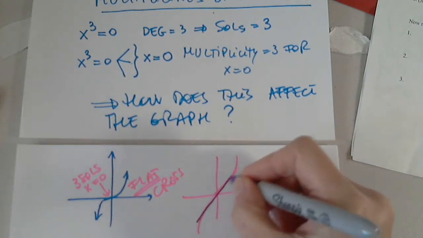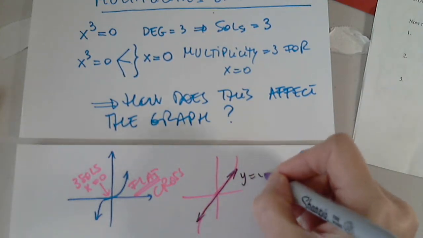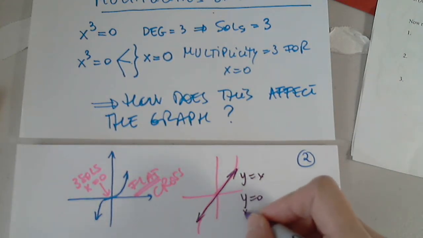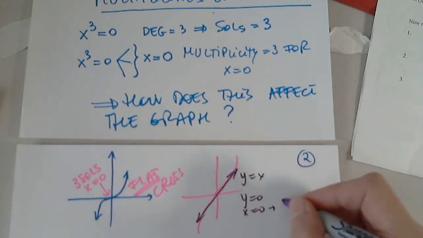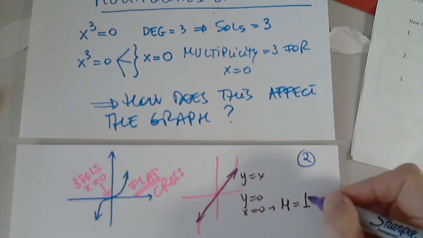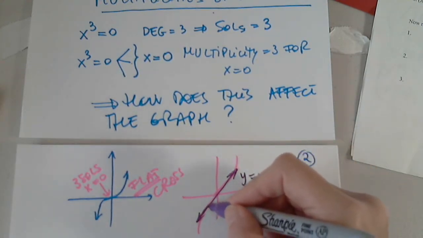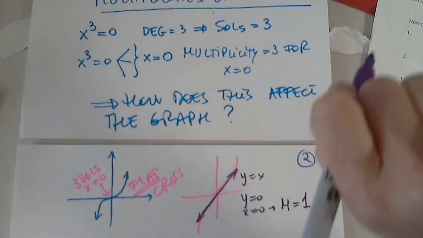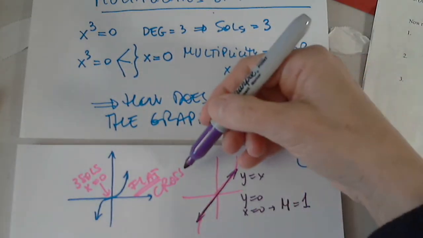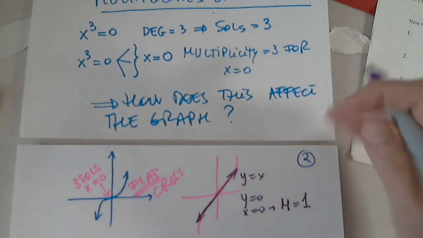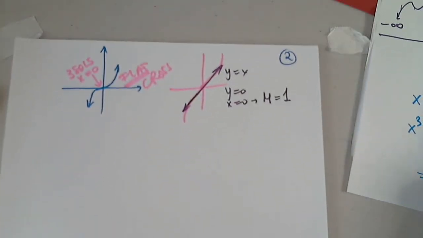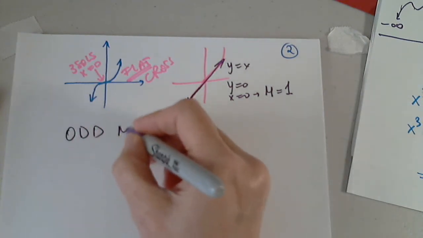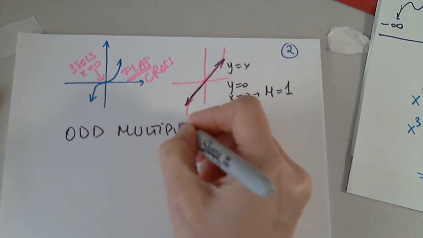So here, this will be y equals x, because y equals 0 or x equals 0, in other words, multiplicity 1. Multiplicity 1 will cross straight, either from below the x-axis to the positive side, or from the positive side to under the x-axis. So for odd multiplicities,